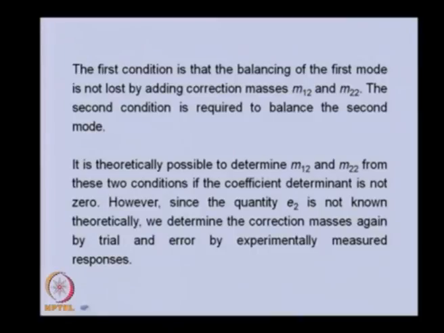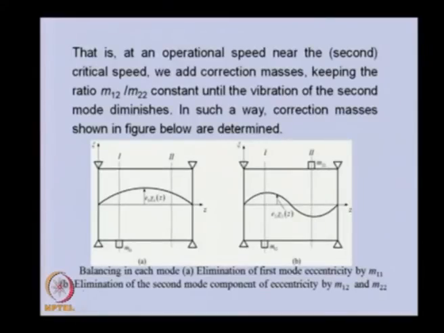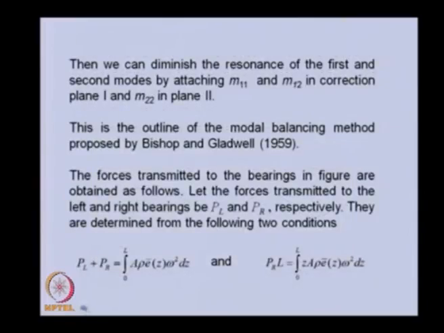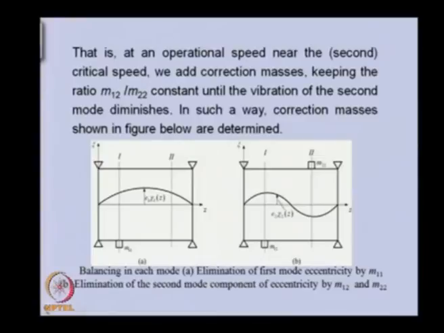So, this is the discussion which I explained. Basically, now this is a summary. We balanced the first mode by one mass, then the second mode by two masses. So, you can do the second mode, and the total balancing is the summation of these two. So, in plane 1 you can see the summation of this, and this will be the total mass which we will be keeping to balance the first mode and second mode, and in plane 2 this mass will be there.